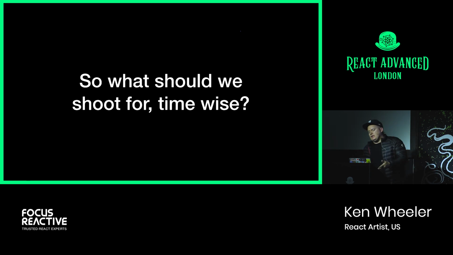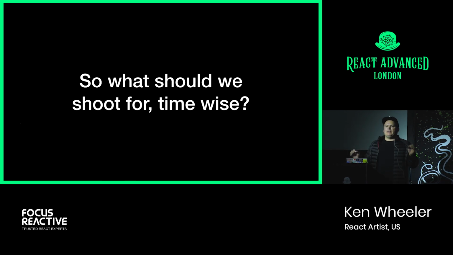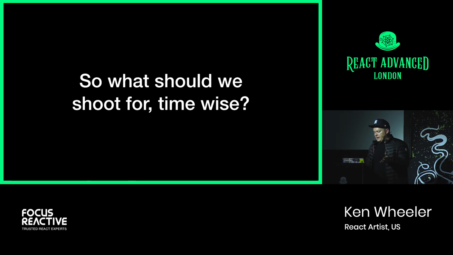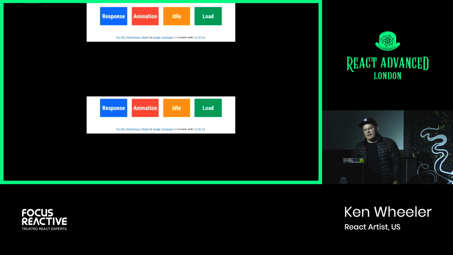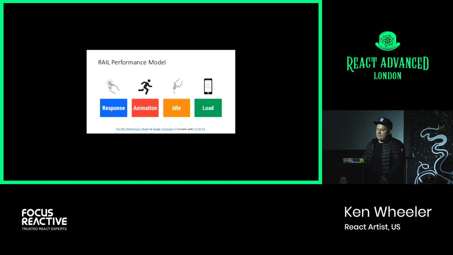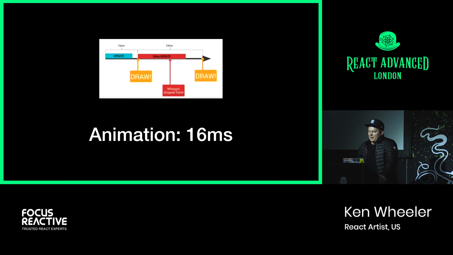So 2.5 seconds obviously sucks, but what are the acceptable limits? Google has this thing called the RAIL performance model: response, animation, idle, and load. I don't care about idle, and not that I don't care about load, we're just not going to talk about that today. But for response and animation,